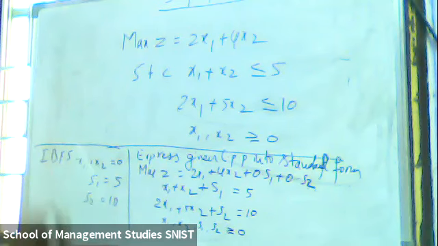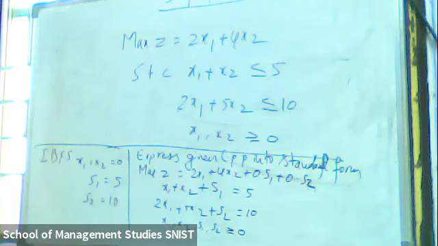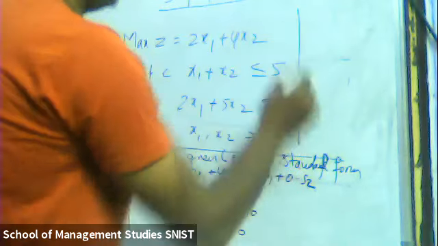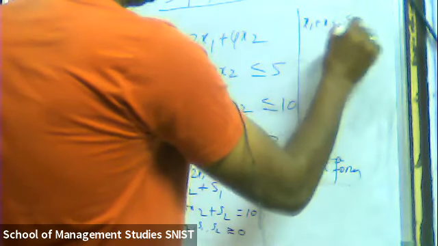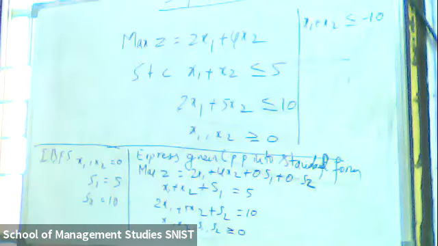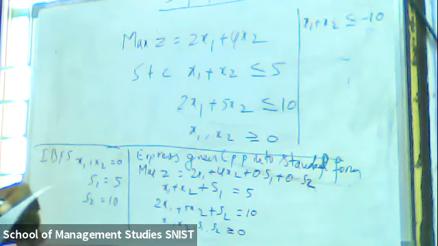Let me tell you one more thing here, basic information. Suppose x1 plus x2 is less than or equal to minus 10. You got this constraint. Can anyone repeat that? One constraint they gave in the problem: x1 plus x2 less than or equal to minus 10. One more basic funda in the simplex method: right side values should be non-negative.